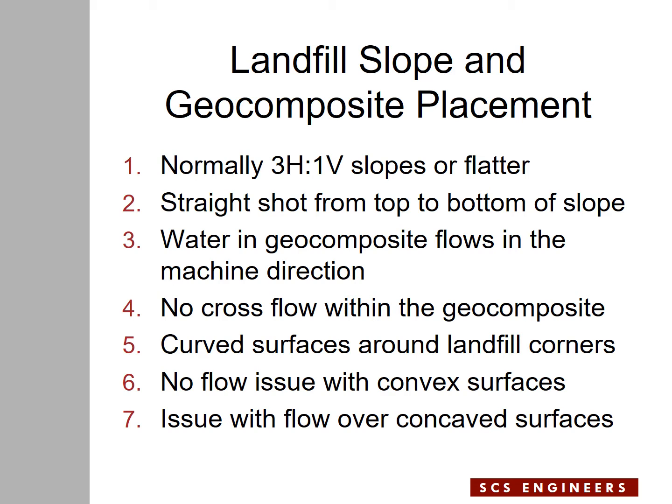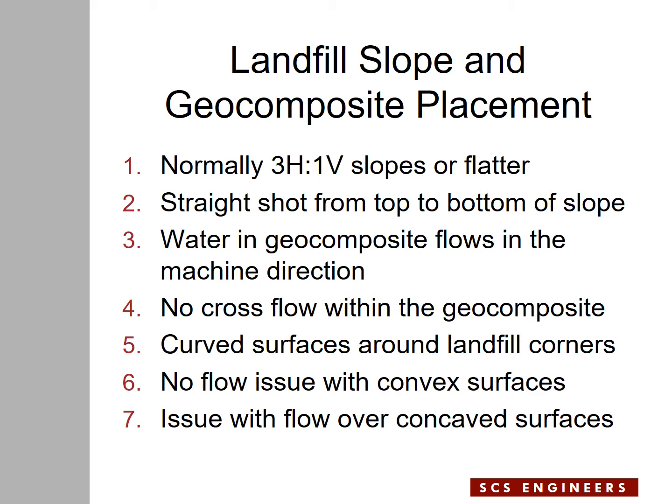When you line the slope with the barrier layer for the cover system, and you deploy a geocomposite, which is the drainage layer above the geomembrane, water that reaches the geocomposite drains straight